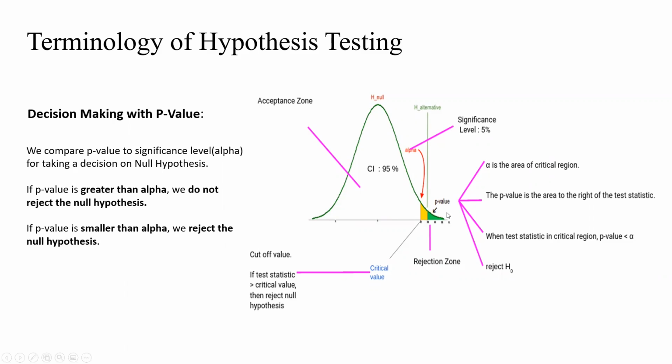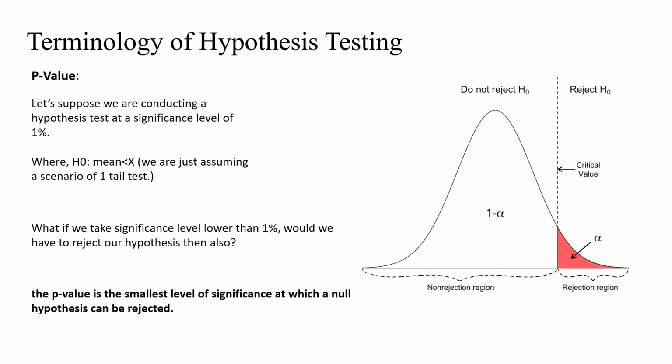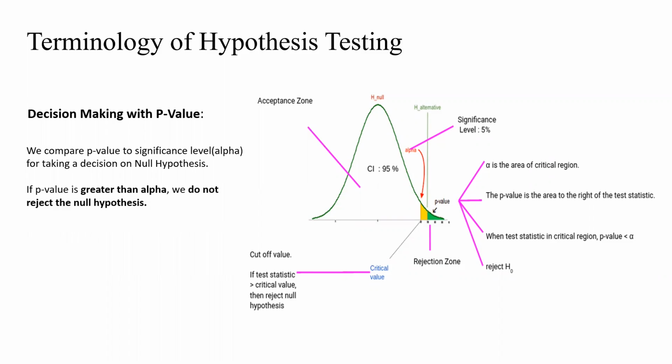Okay, so this is how we make a decision based on the p-value. We have seen what a p-value is, and how we calculate the p-value for different types of tests. And we have seen from the p-value how we make a decision: if it is less than your significance level, just go ahead and reject the null hypothesis. Now, given that is the case, let's see